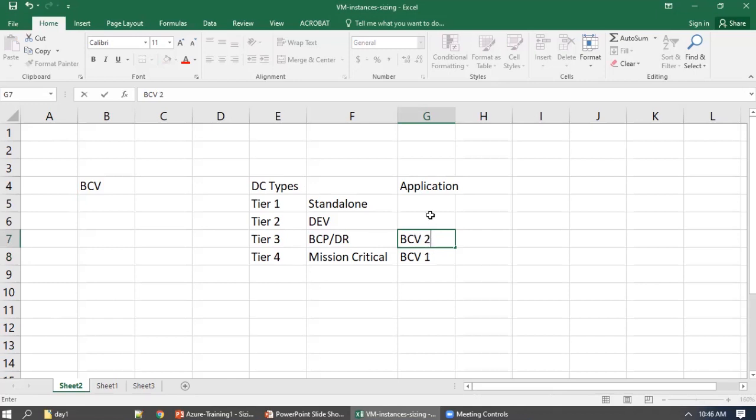BCV2 is almost a critical application, not fully. BCV3 is most of the developed or in-development-progress applications. BCV4 is a very less critical application.